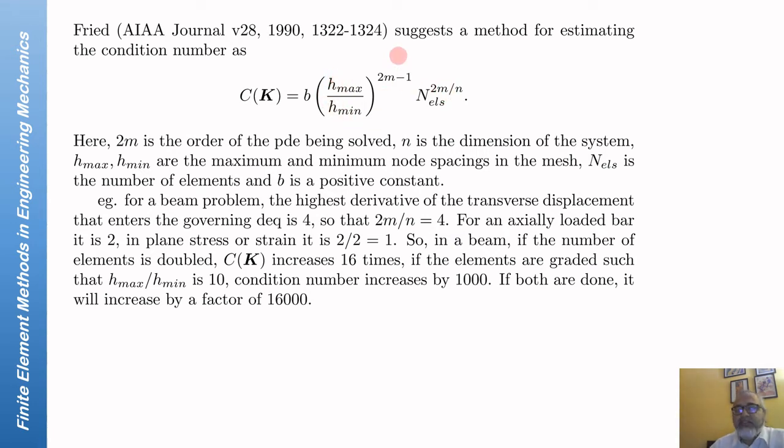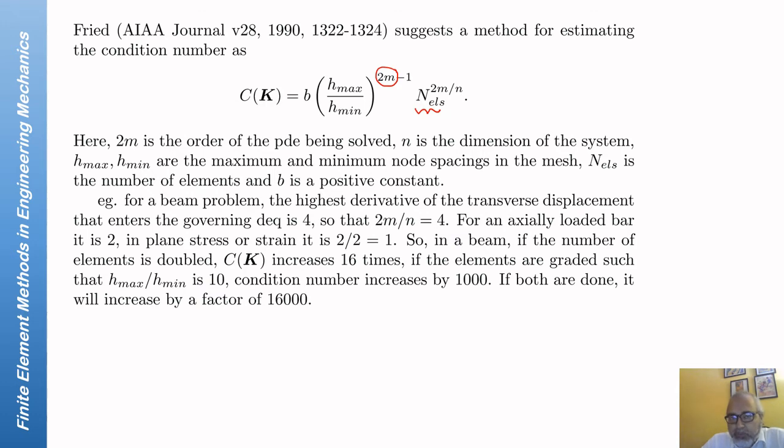So H max is the maximum spacing between two adjacent nodes in the mesh, and H min is the minimum spacing. NELS is the number of elements in the mesh. 2m, I'll explain what 2m is in a moment, but you have to remember that a large condition number does not necessarily mean that